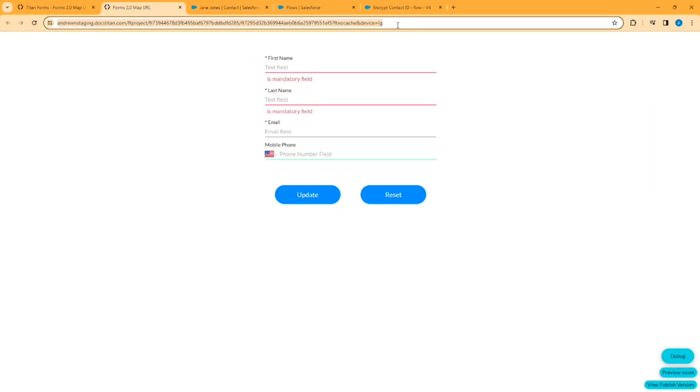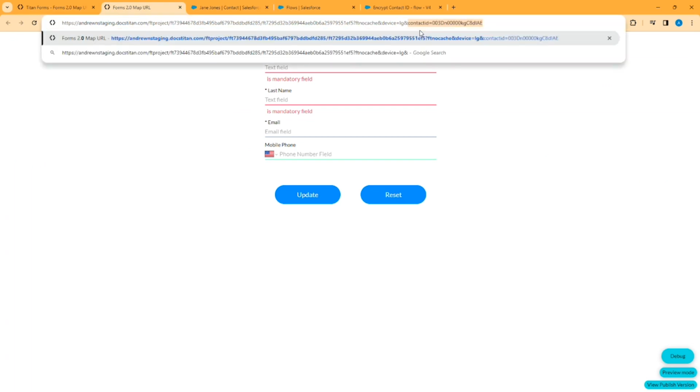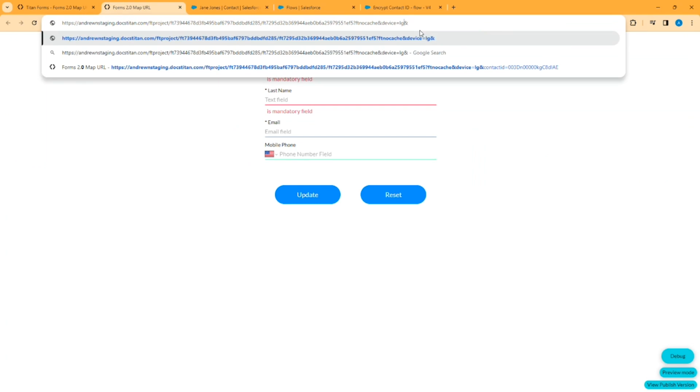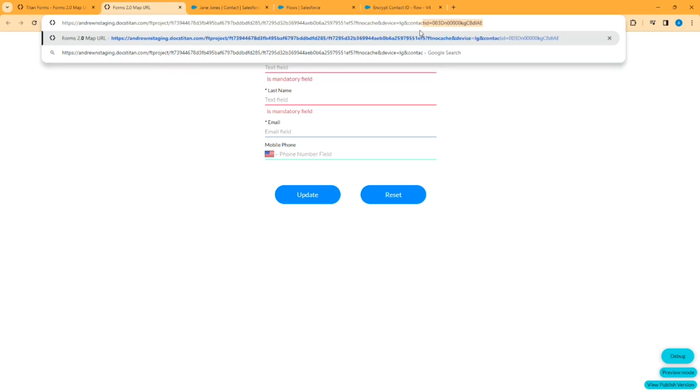Then in the URL, we can add that parameter. I will use an ampersand since there's already another parameter in this URL, FT no cache. If there were no parameters being passed already, we would start with a question mark. You can pass as many parameters as you want. We'll go with ampersand contact ID